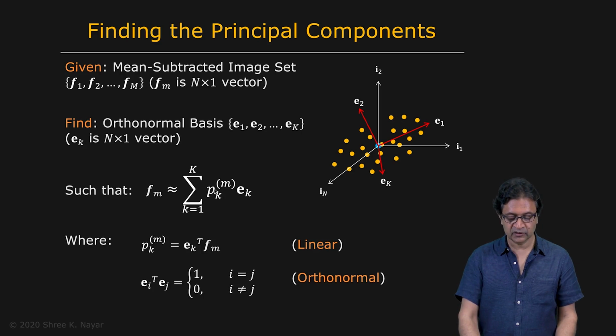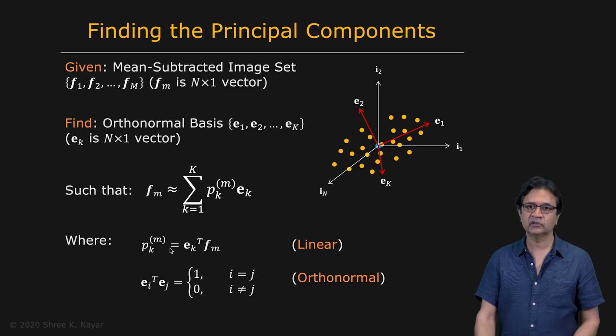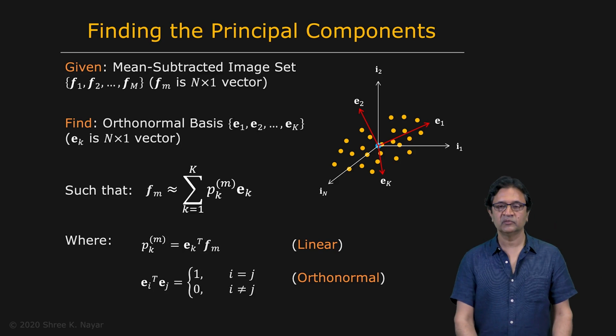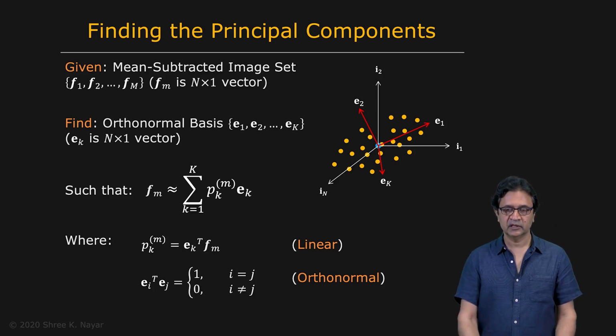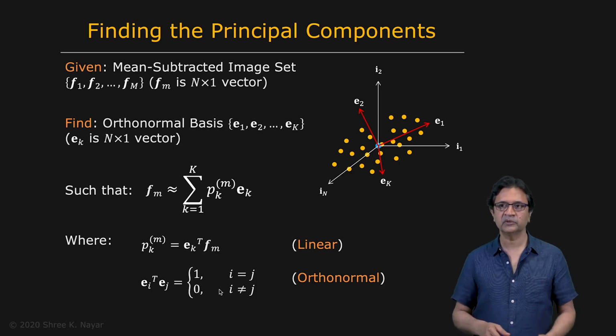And what are the pKs? Well, you get that from your forward projection. Essentially, you take an image and you find the dot product with all of the principal components, you get the pKs. So that's what makes it a linear subspace that we are trying to find, because this is a linear operation. And we want to make sure that our orthonormal bases, the principal components themselves, are orthonormal in the sense that each one is a unit vector and each one is orthogonal to the rest of them. That's given by this equation right here. So that's what we're looking for.